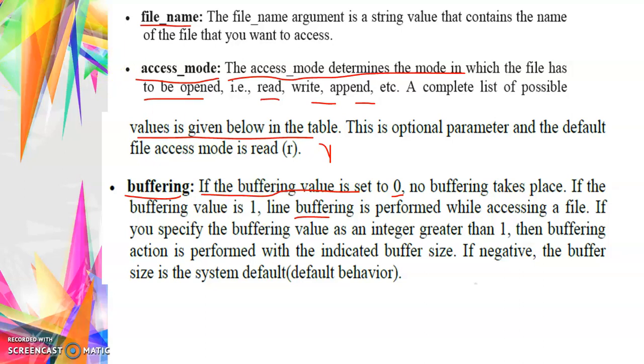This is not a mandatory parameter; it is optional. But the two most important parameters are file name and access mode. Definitely you have to give the file name. After that, the file is going to have some operation performed on it, meaning read or write, or read and write. That is the access mode. So the second parameter is also very important to access the file. These are the two important parameters in the open function.